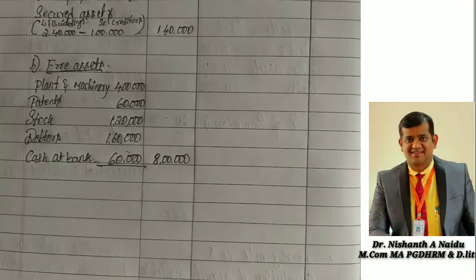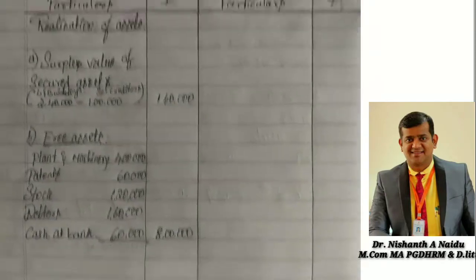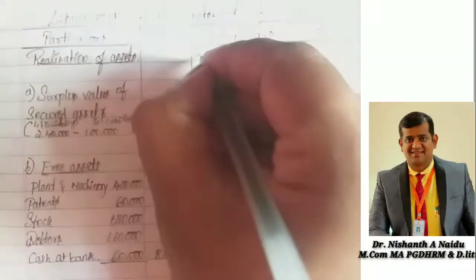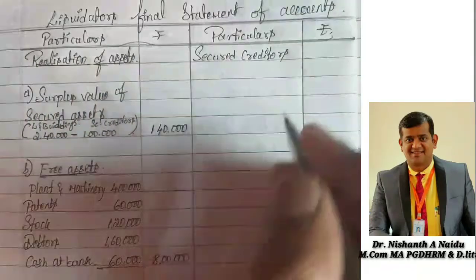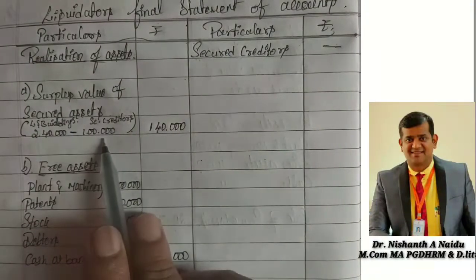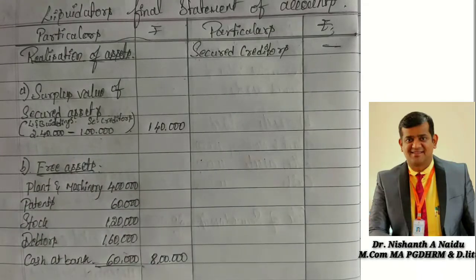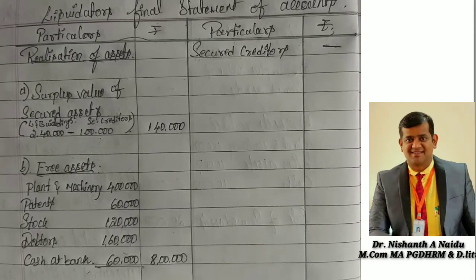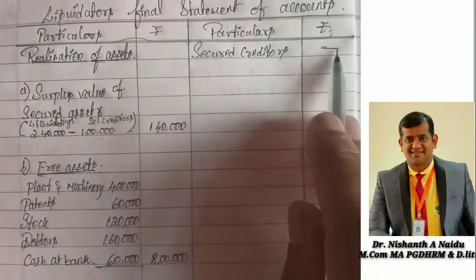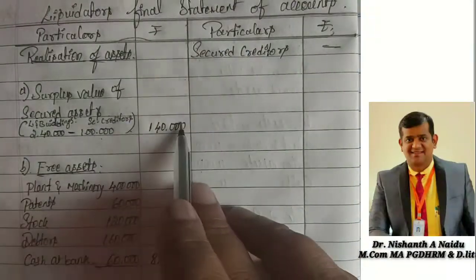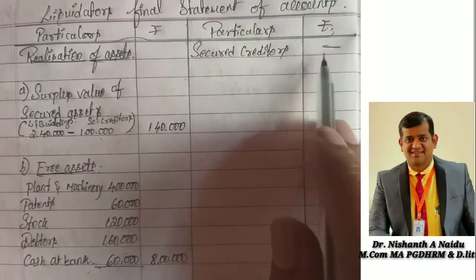So next what we are going to do, we have recorded all the income, that is, all we have received. So now we have to record all the payments, to whom all we are paying. So first one we always write is secured creditors. See, we don't show any secured creditors because we have already paid here. 1 lakh rupees cleared out of 2,40,000, so 1,40,000. In some books, in some other colleges, they might show 2,40,000 as land and building on both sides, and show secured creditors 1 lakh rupees. That is also correct, but